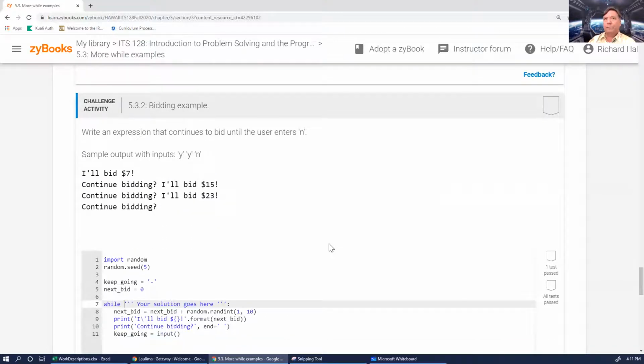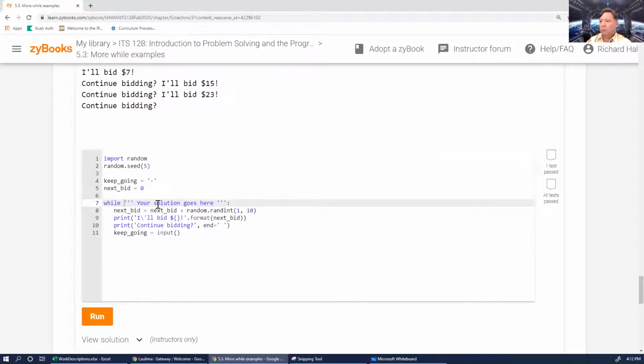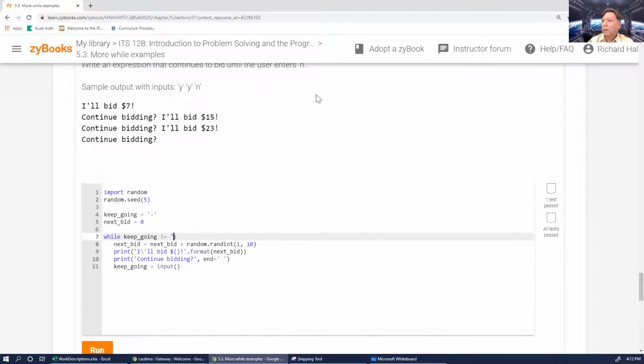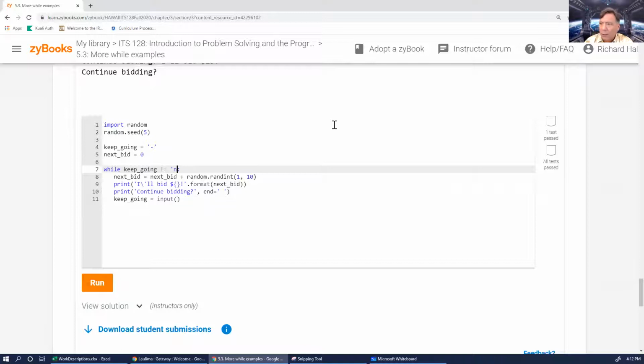All right, bidding example. Write an expression that continues to bid until the user enters an N. I see. All right. Okay. So we just need to put in the terminating condition. User enters an N. I see. So this is the beginning, and so while keep going is not equal to N, right? While it's not equal to N, then